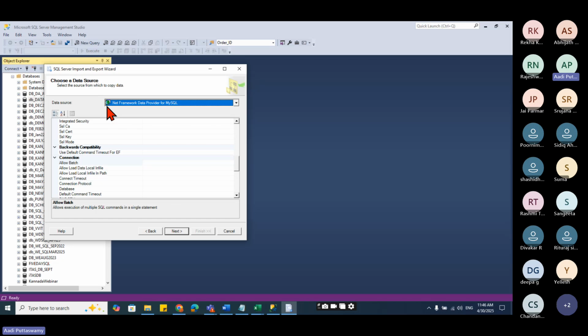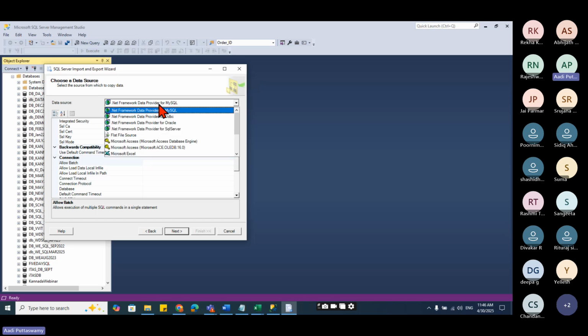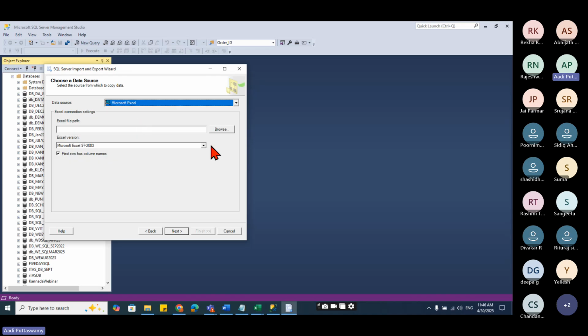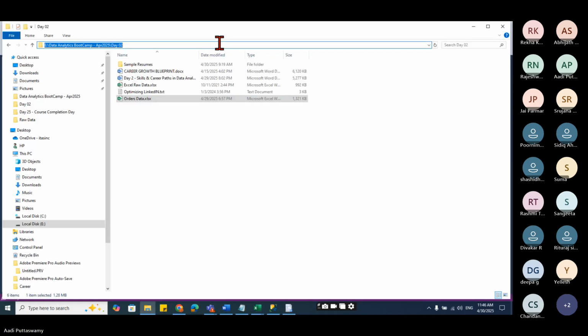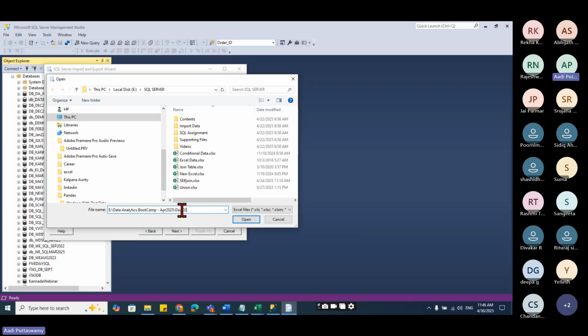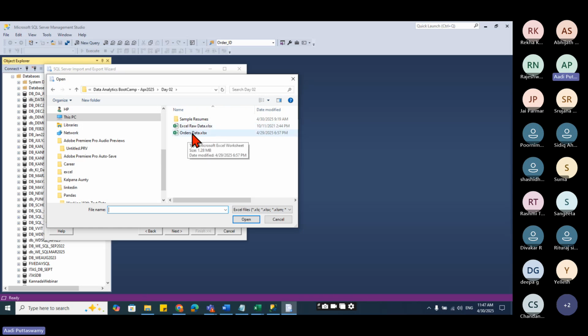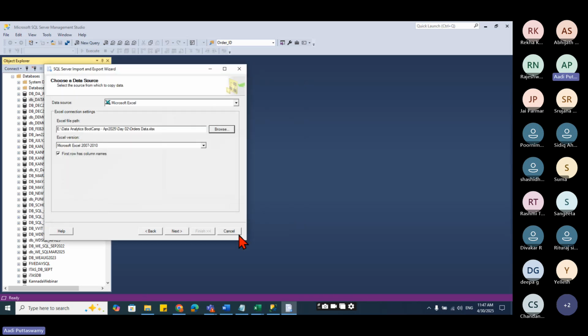We did some exercises, so that data itself I'm taking now. I'll say my data is in Excel, and I'll say browse. I'll take the path and paste it. So open. I'm selecting this data. So open.